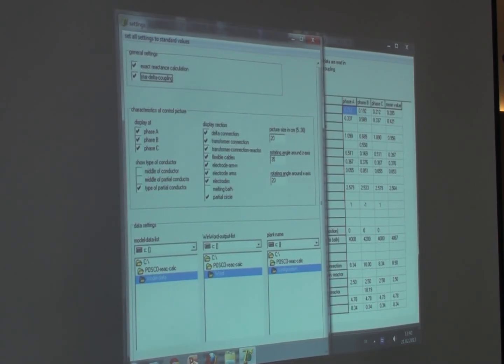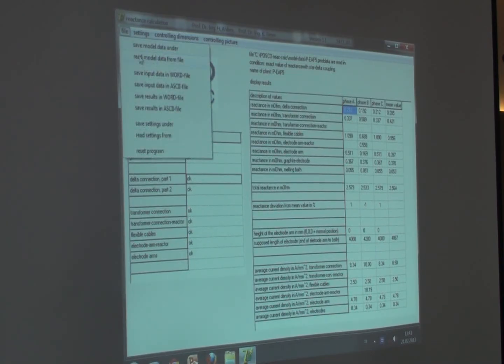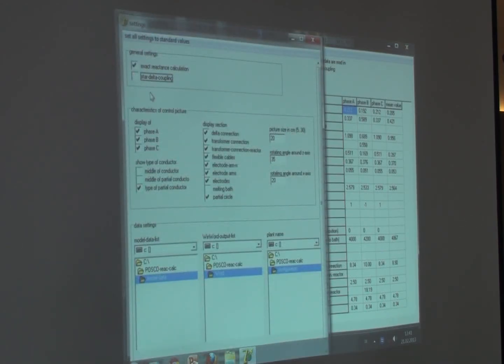Okay? And we see that in this example XA is 0.212 milliohm, A and C, and B is 0.92 for B milliohm. These are these values. Yeah? With the exact solution, and we make settings. Without coupling between these and these, without coupling,